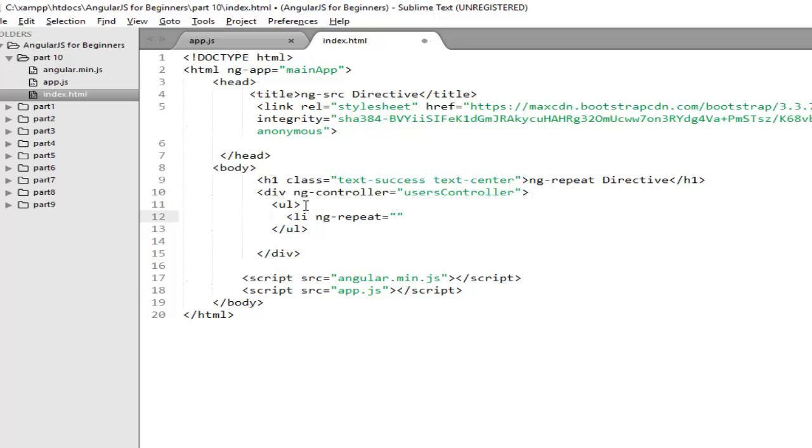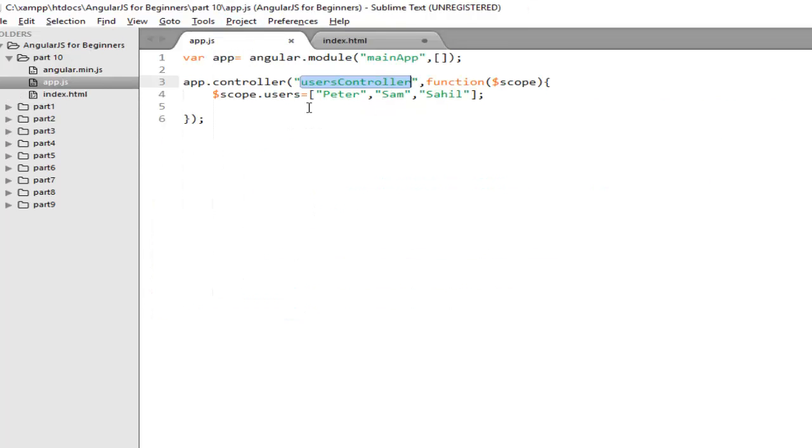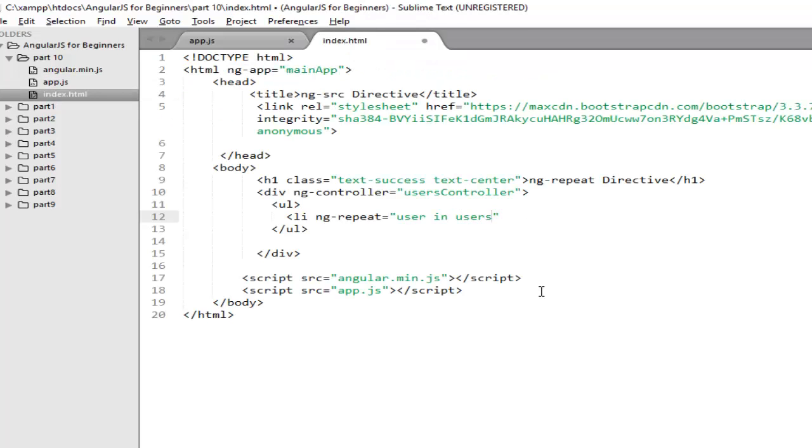And here you need to create any property, I say user, in the name of the array that is holding the list of users. My each user is stored in this user property, which you have to mention here. It means each user that comes from this array is going to be held in this user, so that you need to bind here. This is all you need to do to use ngRepeat.